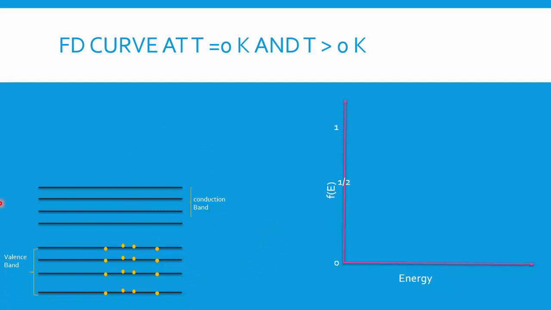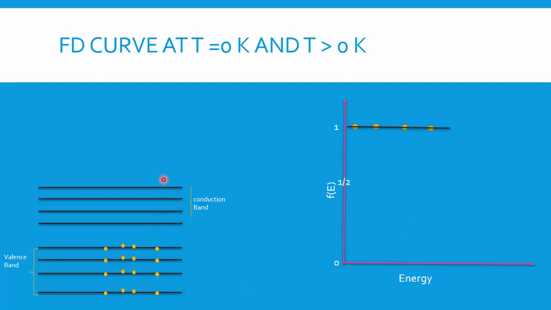In this story, if I want to plot, I can say that the first 4 energy levels are fully occupied. That means the attendance of the first 4 energy levels, E1, E2, E3, E4: for E1 the attendance is 1 because it is full. For E2 it is full, for E3 it is full, for E4 it is full. So all values are 1. If I connect these points, I get a line like this.